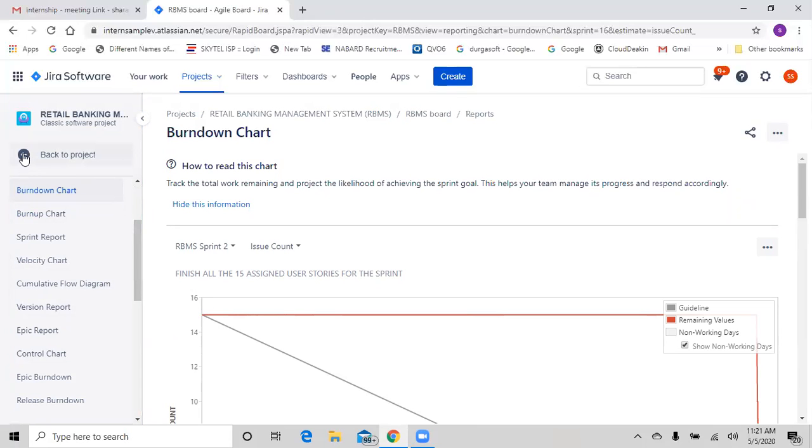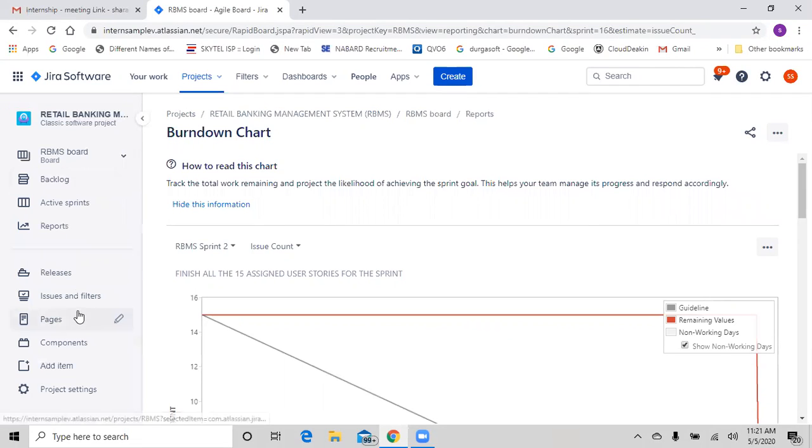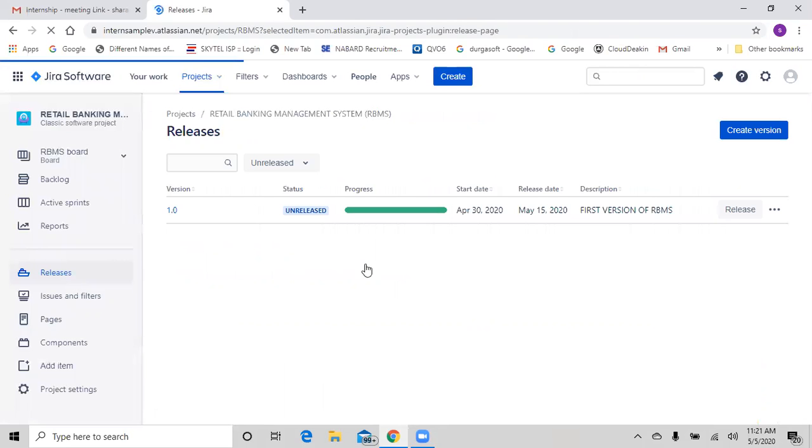Yeah, so I'm going back to the project. Karthik, any questions from your end? No, not yet. So I'm going to release. Karthik, did you take the screenshots? Not yet, Sharan. I have to take it now before release. Yeah, please take it for sprint 5 and 6. Just a burn down shot should do. Don't be in a hurry. Once you take that screenshot, then only release the product. I hope you are aware how to release the product. Just simply click on it.